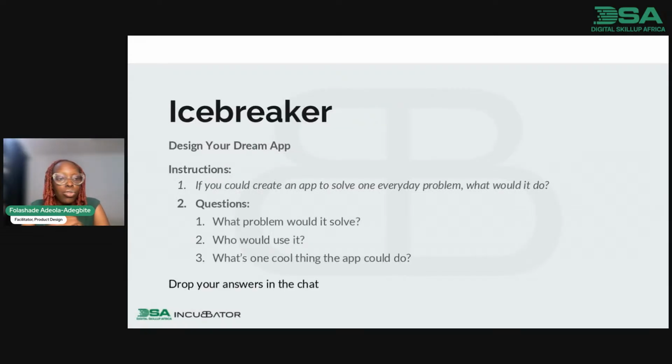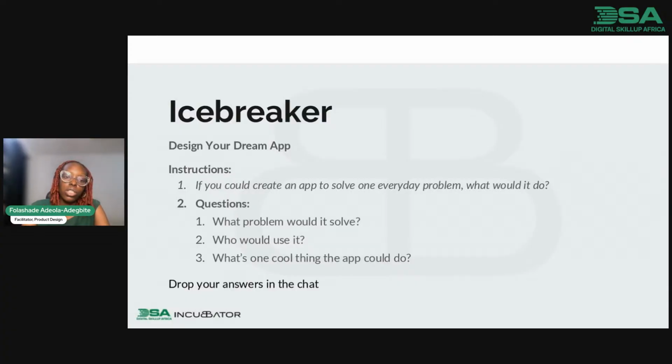So let's, as usual, do our icebreaker. The icebreaker for today is design your dream app. The instruction is that if you could create an app to solve one everyday problem, what would it be? What problem would that app solve? Who would use it?